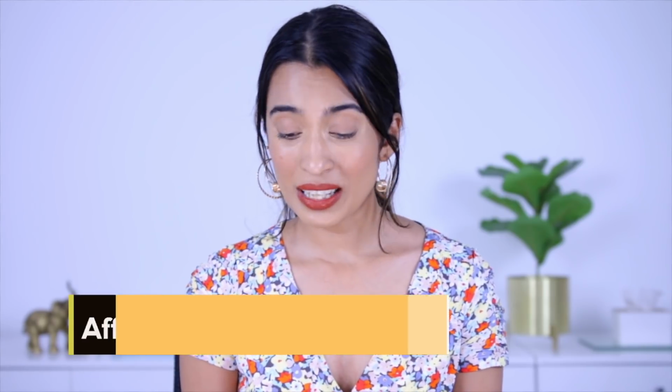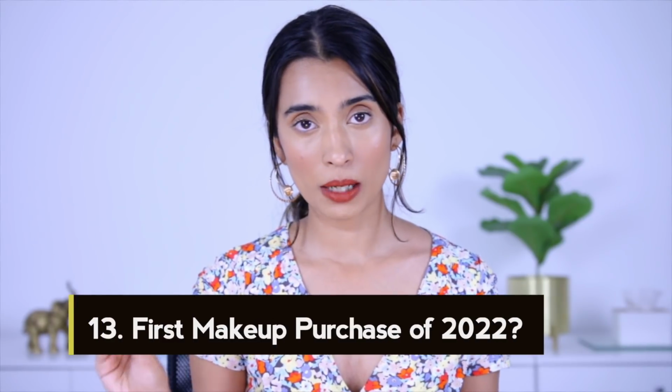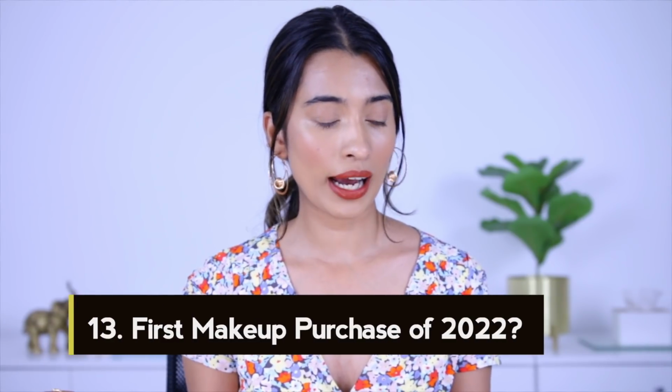And then the least expensive makeup in my collection is the Swiss Beauty Eyebrow Pencil. It's for 60 rupees. It's an amazing product. I really like it. So the next one we have is the first makeup purchase of 2022,